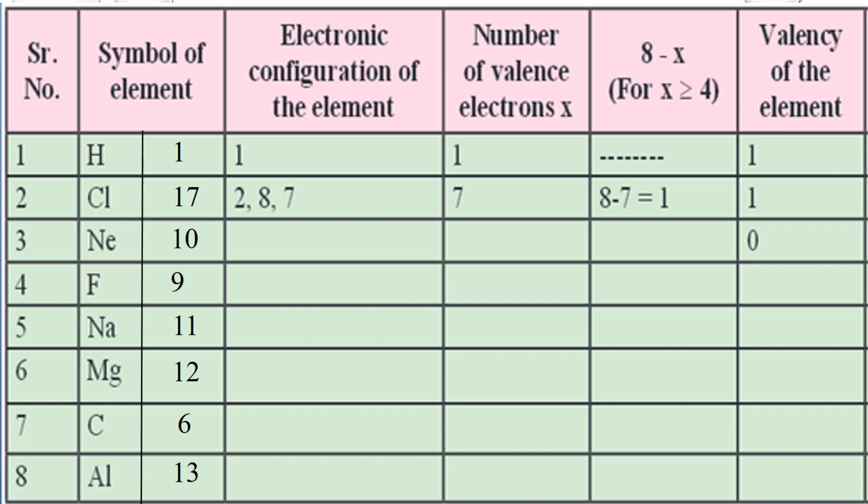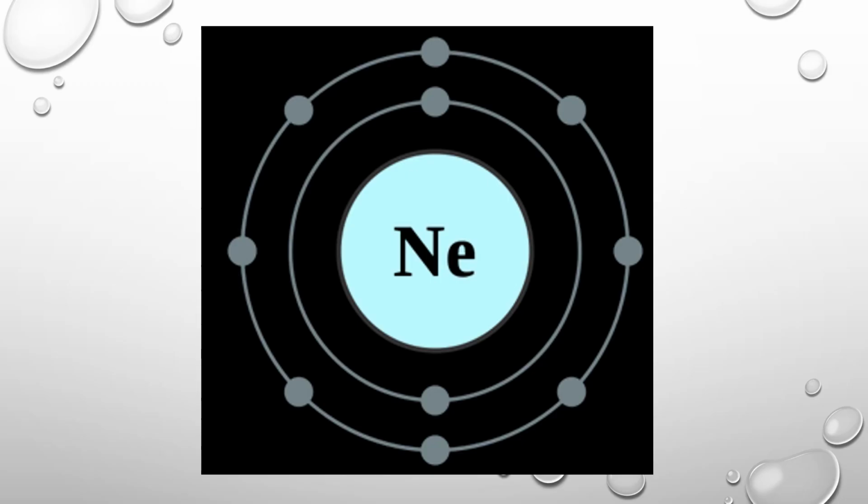Okay, we'll quickly look at the next example. You're going to understand this, don't worry. As we're looking at examples, you'll understand. So neon is the third one which you're going to find out. It has the atomic number of 10. Okay, so that means it has 10 electrons in its atom. So just see the electronic configuration. From 10 I can put only 2 in the first shell, so I put 2 in the first shell, and 8 are remaining, so 8 I've put in the second shell. So neon has 2 in the first shell and 8 in the second shell.